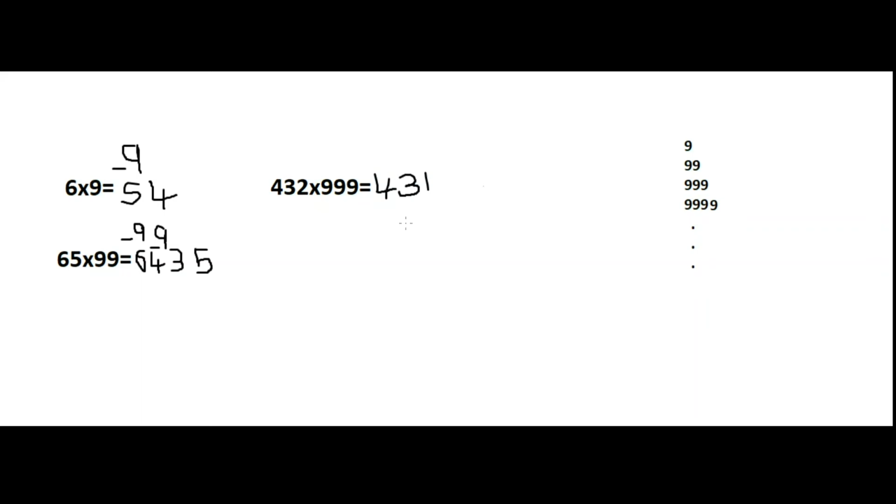When coming to the second part of the answer, these 3 digits should be subtracted from 9. First, 4 should be subtracted from 9. That is 9 minus 4. That equals to 5. And the next digit is 3. 9 minus 3. That equals to 6. And the last digit is 1. 9 minus 1 equals to 8. 4, 3, 1, 5, 6, 8 is our answer.